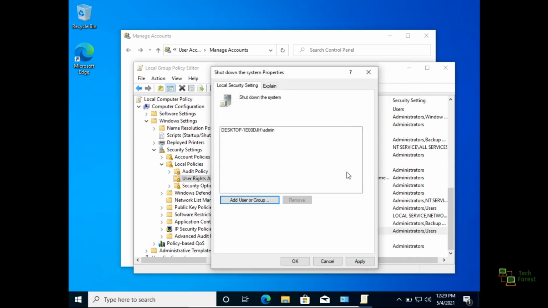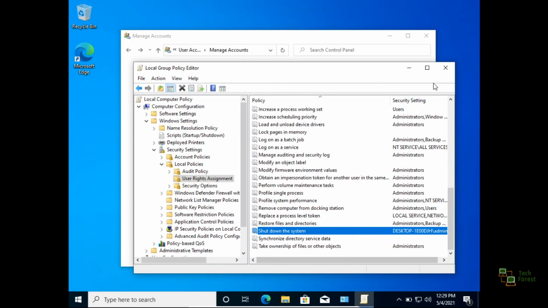Clicking on OK. The meaning of this rule is that only this admin user has the shutdown permission, and apart from this, the remaining users cannot shut down this machine. Click on Apply, then click on OK.